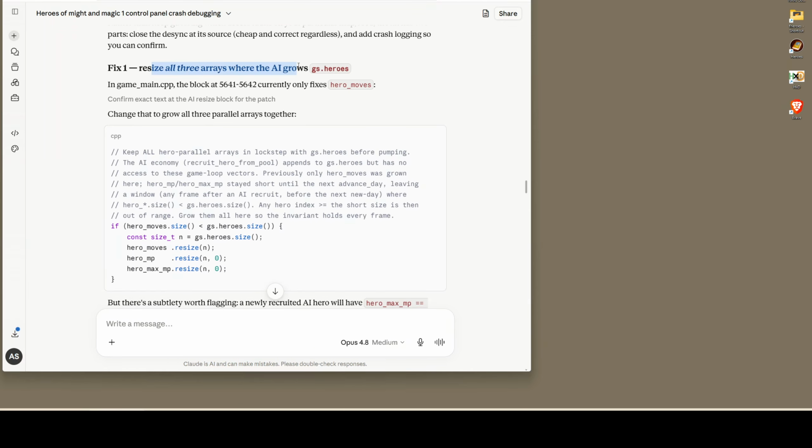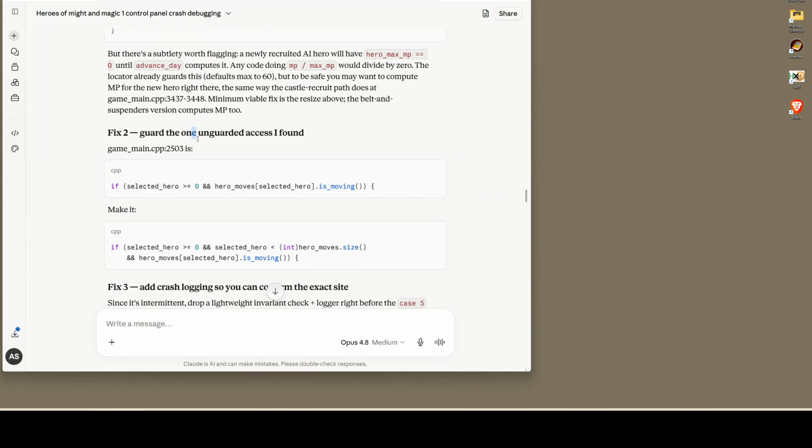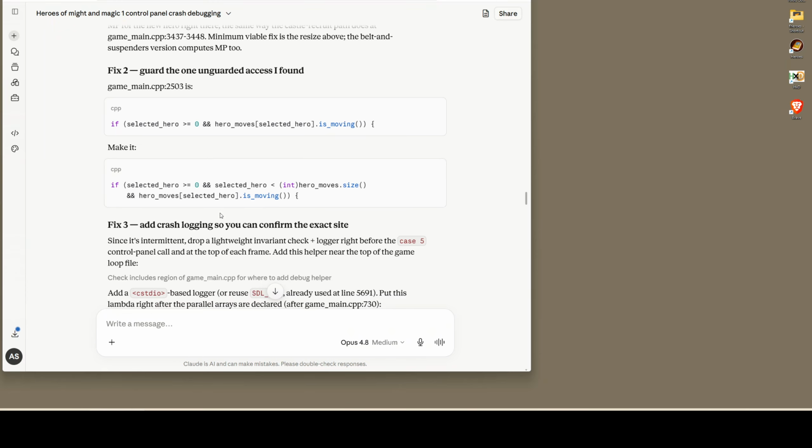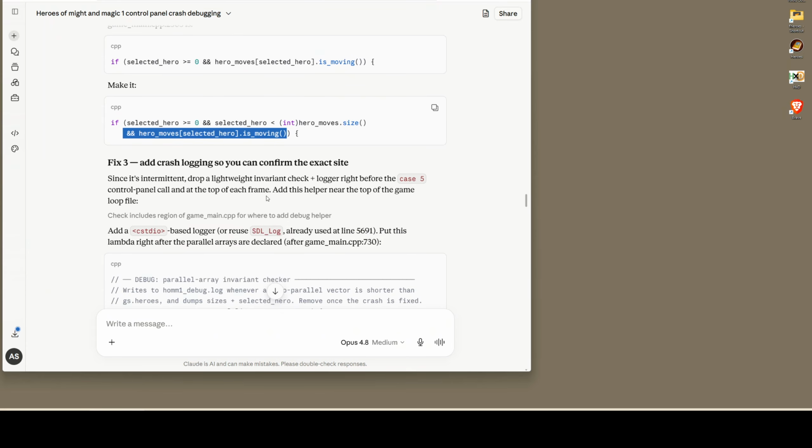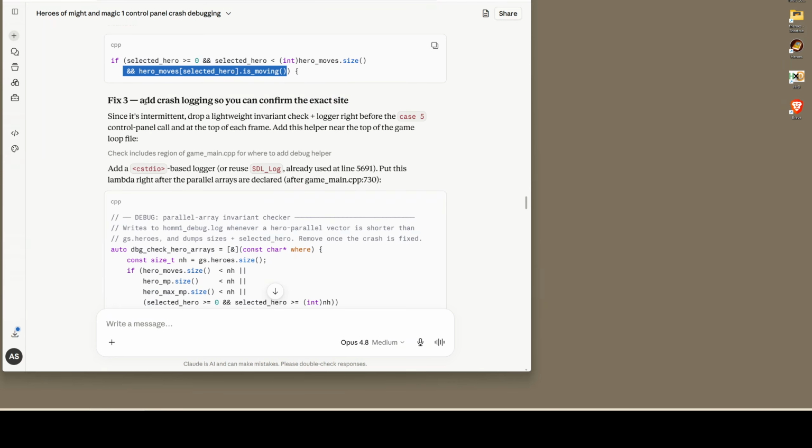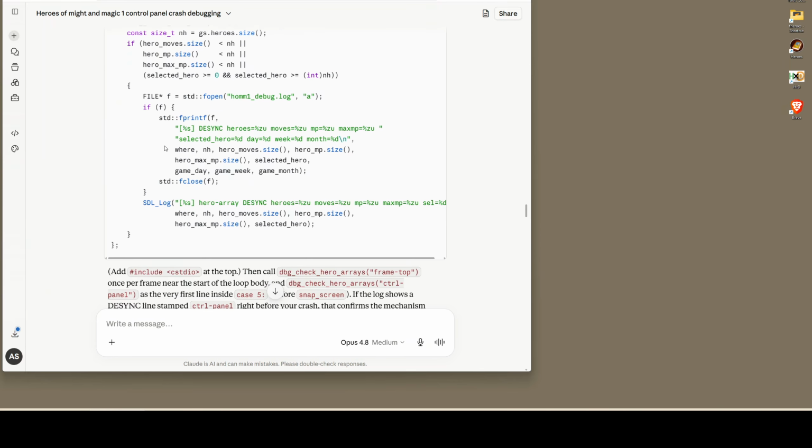It decides to resize all 3 arrays and guard the one guarded access that it found, which I'm like, why would you do this if it's moving? Because it's actually tracking the animation of the hero. And I'm like, the button press is not being affected by the animation, so the animation isn't going to cause this. And then its suggestion is to add some crash logging. Okay, well,